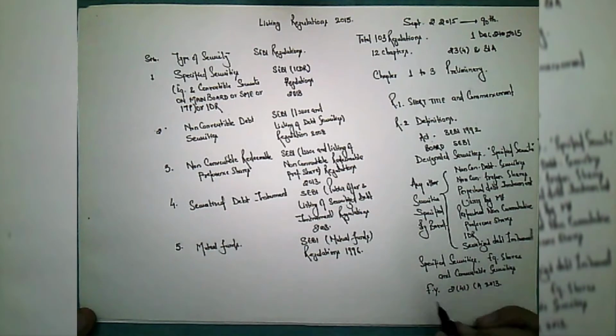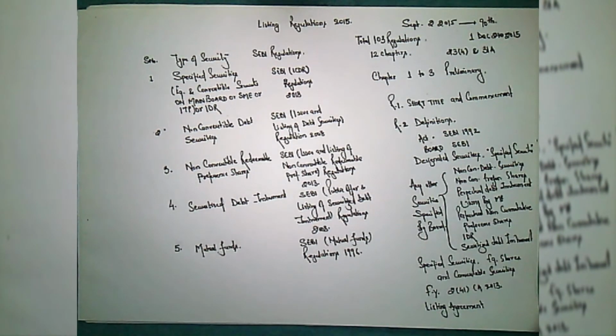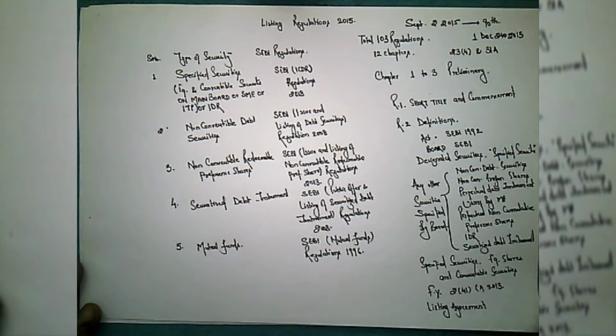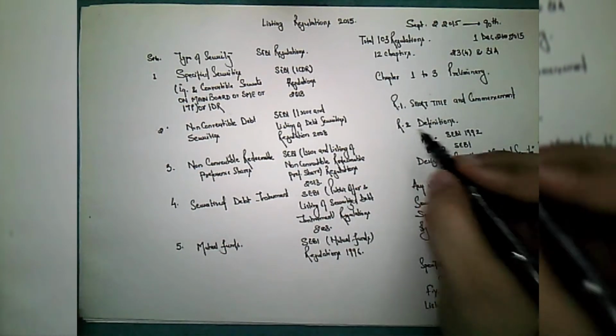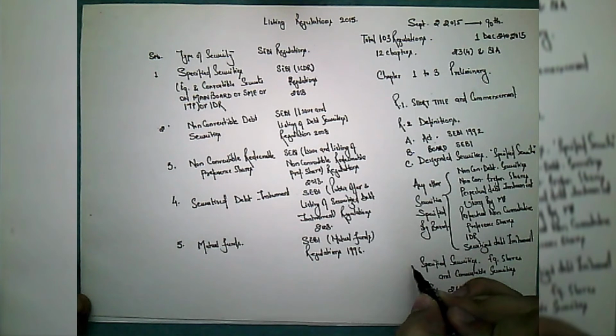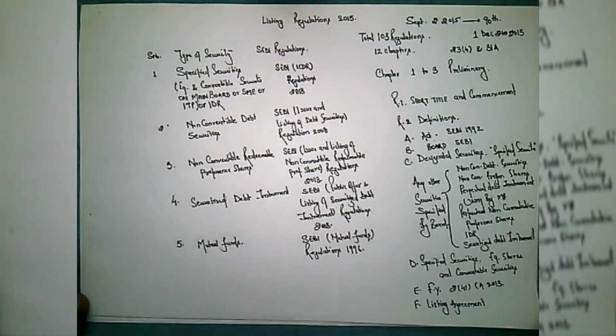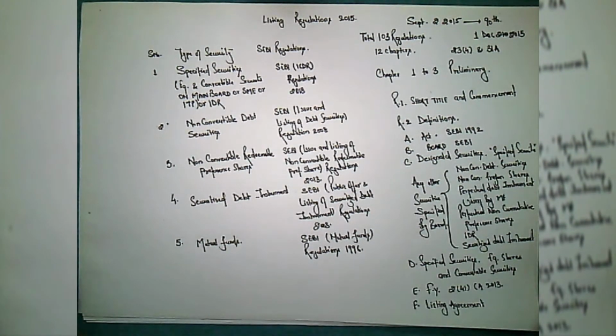Then it talks about listing agreement. Agreement entered into with a recognized stock exchange by an entity on application of that entity to the recognized exchange, undertaking to comply with the conditions for the listing of designated securities. So we give this a title. This was A, this was the second definition, this is third, fourth, fifth and sixth. Okay. Now listing agreement is basically